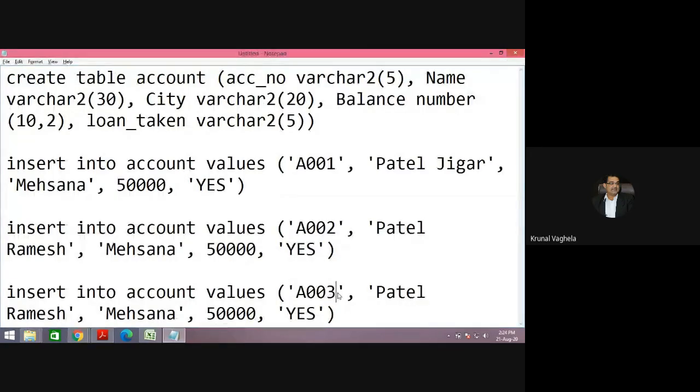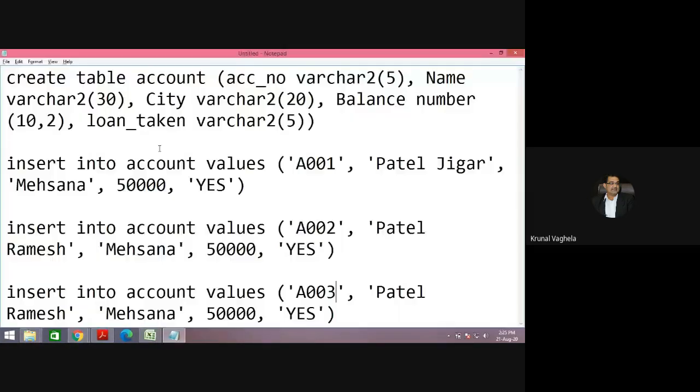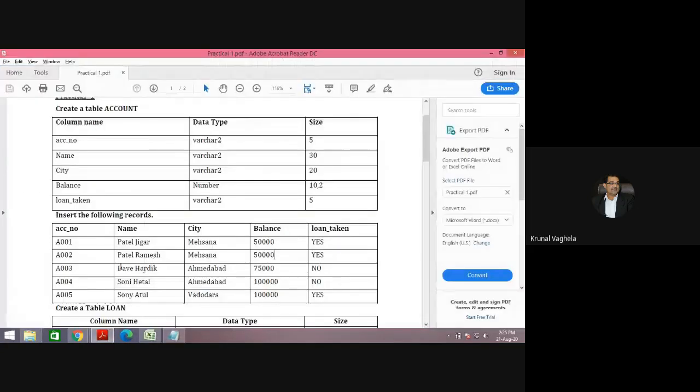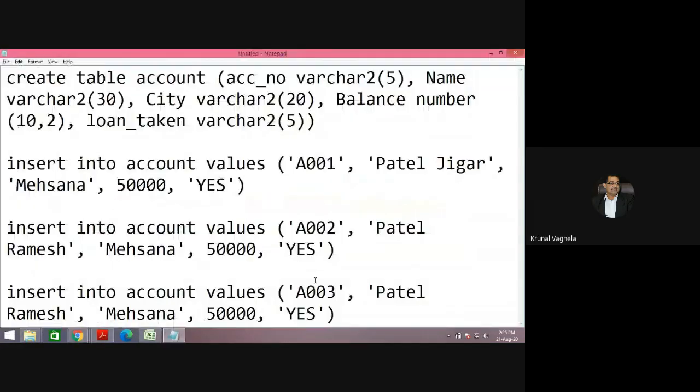A003. Sorry. Dave Hardik. Then here it is Ahmedabad.